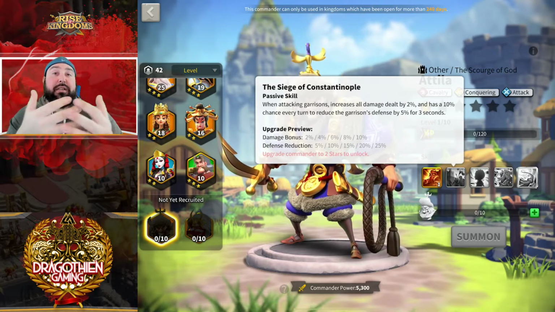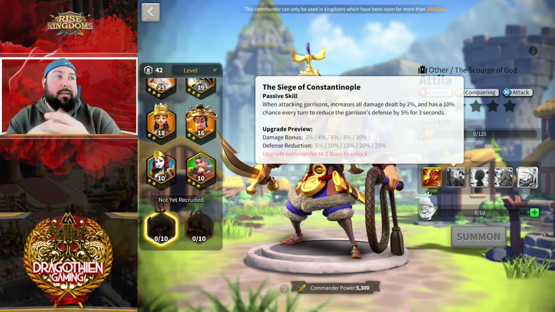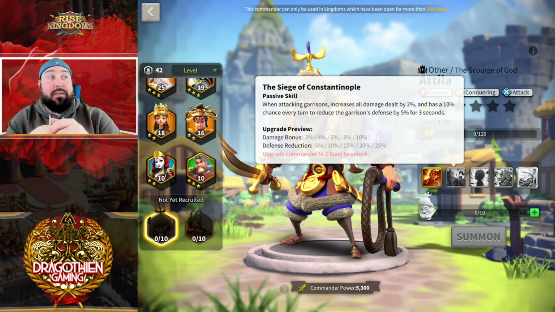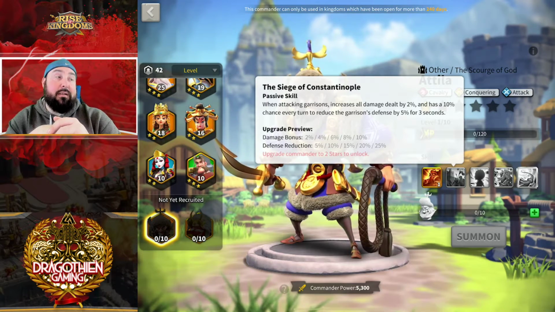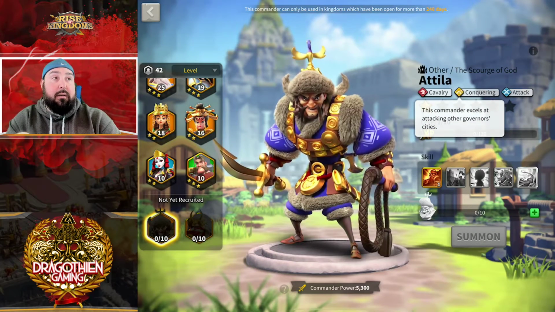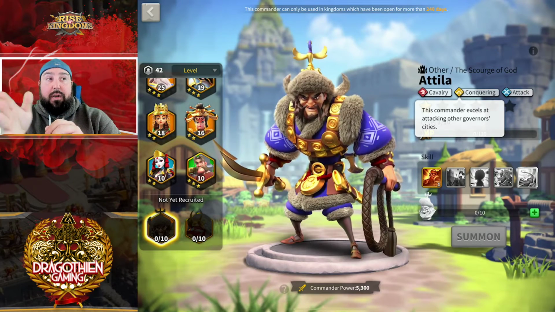So again, when you're rallying something, it increases all damage dealt by up to 10% and has a 10% chance every turn to reduce the garrison's defense by up to 25% for 3 seconds. That's also pretty solid. That's very good, and links into the conquering tree that you see at the top. So cavalry, conquering, and attack,